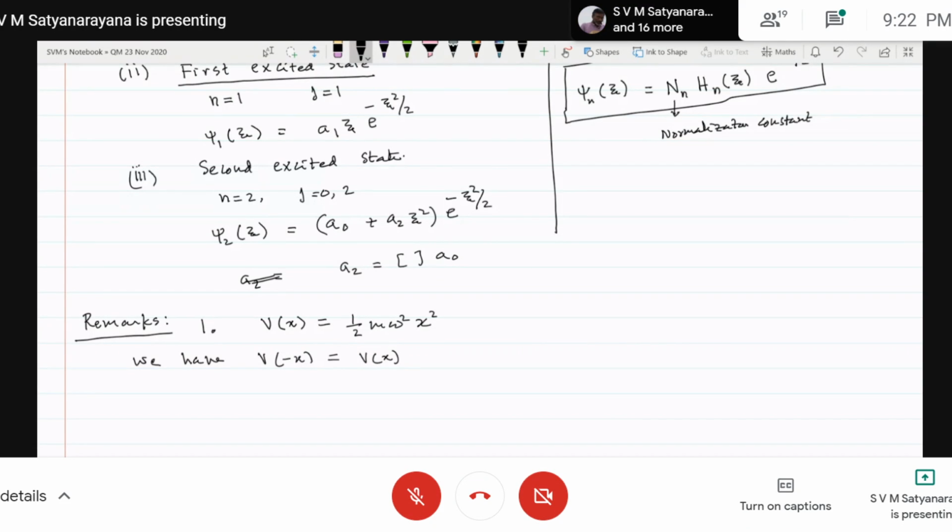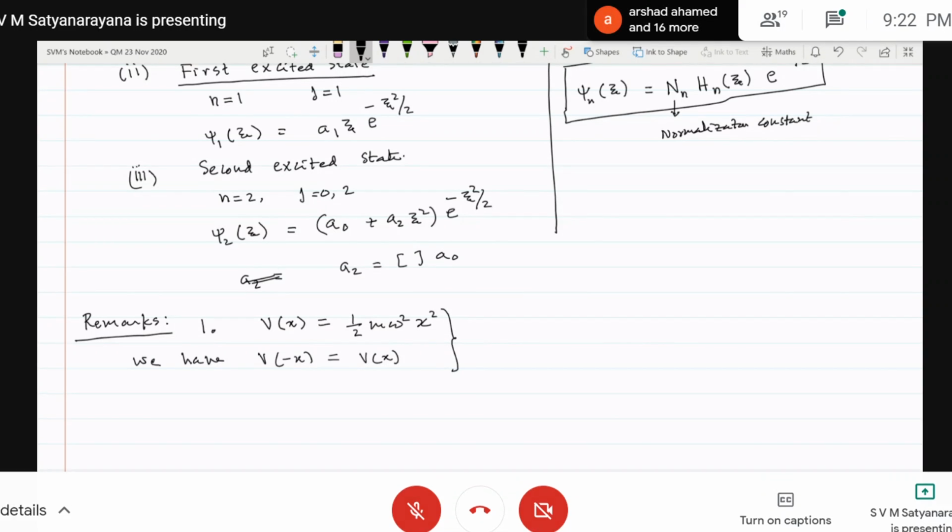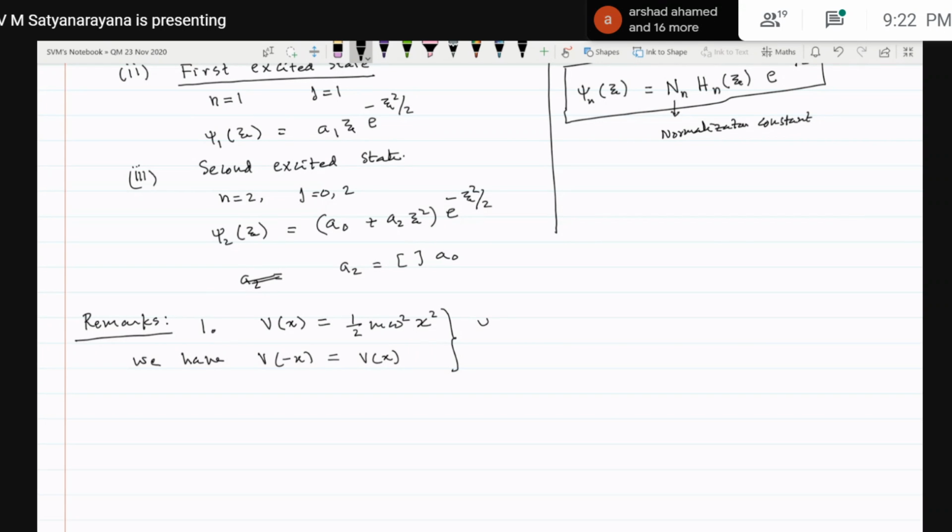That means there is a parity symmetry. Whenever you have a potential of this type, then your solutions, the wave function psi n of x,